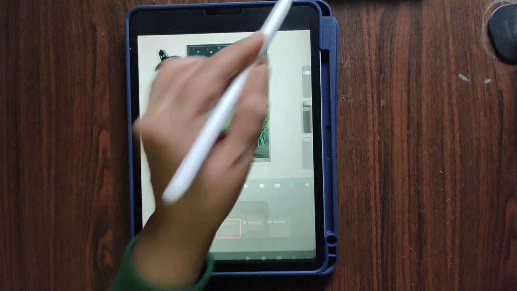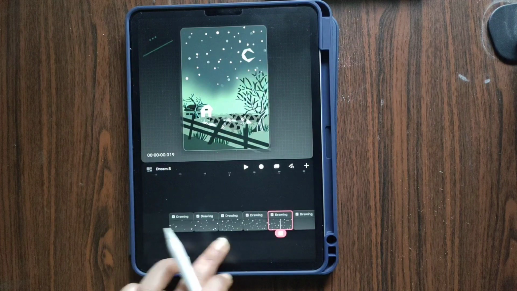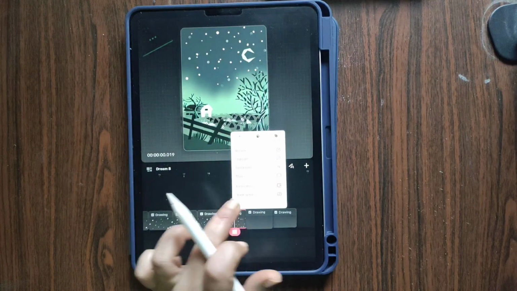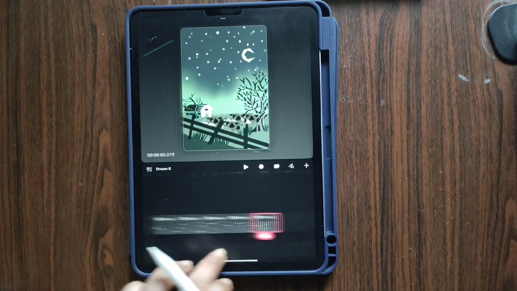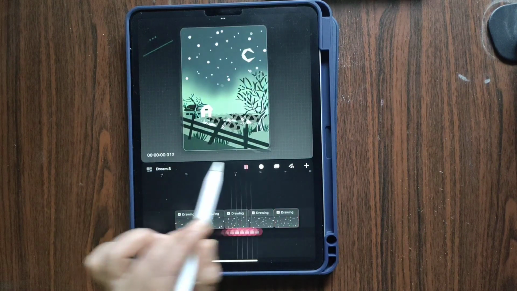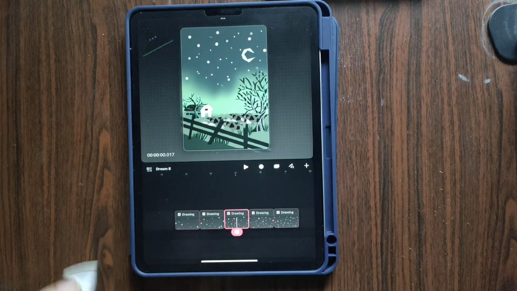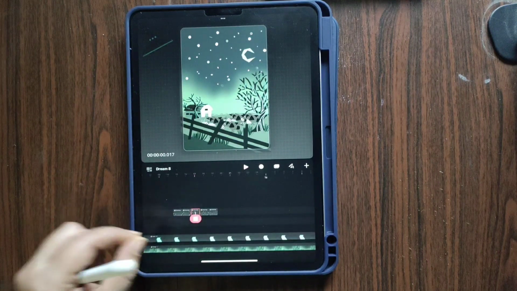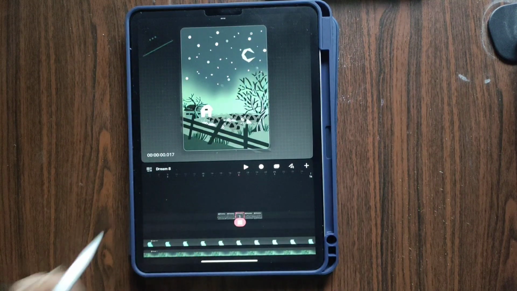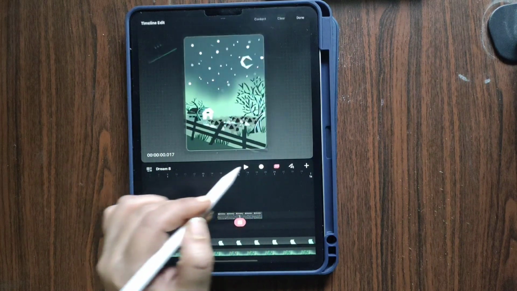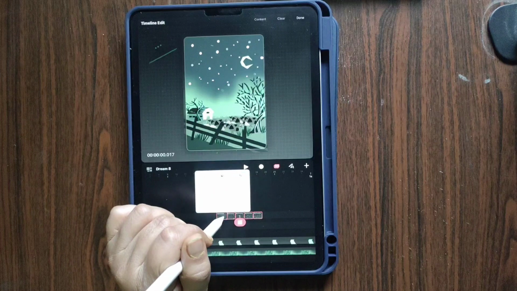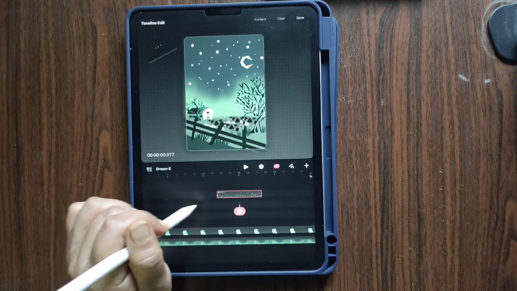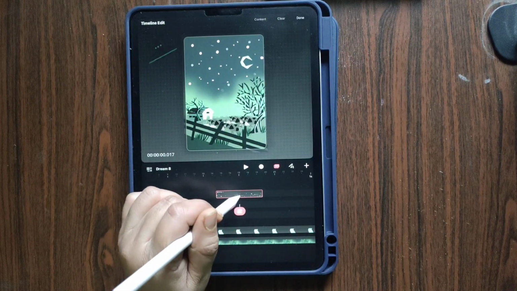So let's click on done and you will see a few of these are formed. So now if you will play, see how beautiful that looks. But then I want this to be throughout the length of the animation. So first, let's click on this, timeline edit. I'm going to select all of them. I'm going to group them. Then I'm going to duplicate them